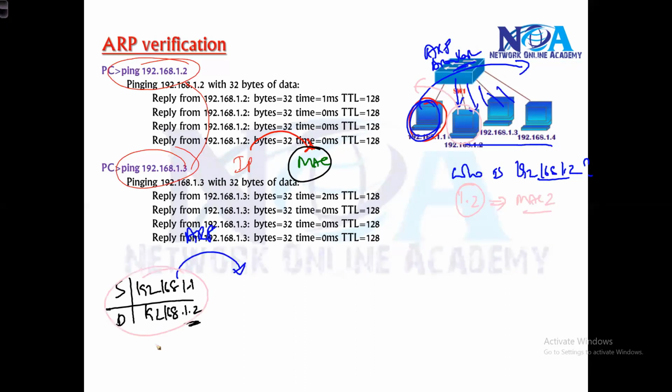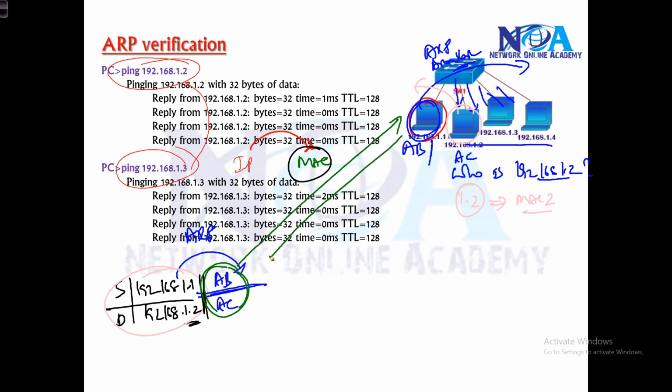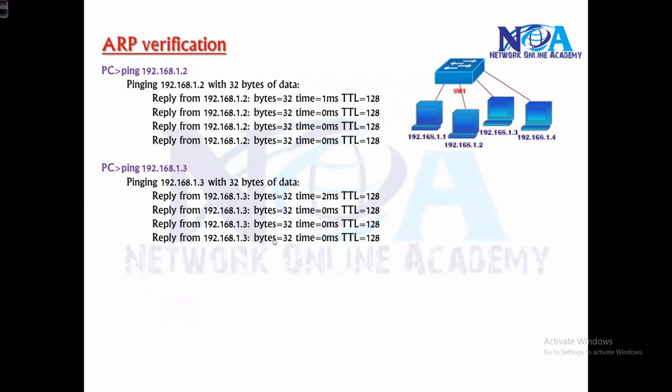So the PC will figure out the MAC address, and when the packet travels inside your switch network, it actually goes based on the MAC address. Here, this will be the MAC address of this one. I'm just writing only two digits here. And this is the MAC address of this one, AC, let's say. And when the information goes to the switch, the switch identifies the devices based on the MAC address, not based on the actual IPs.